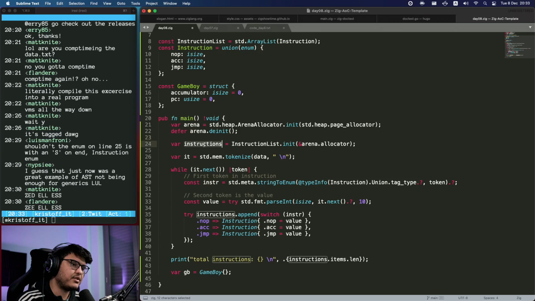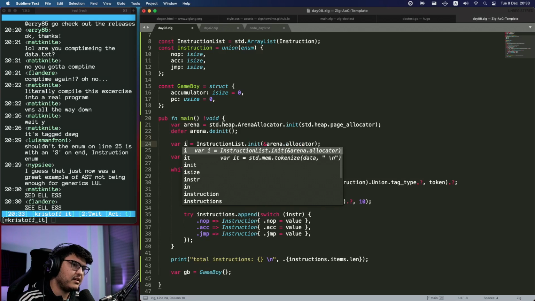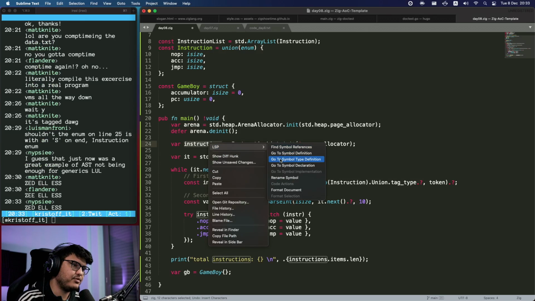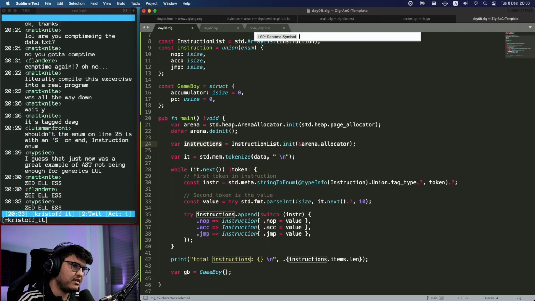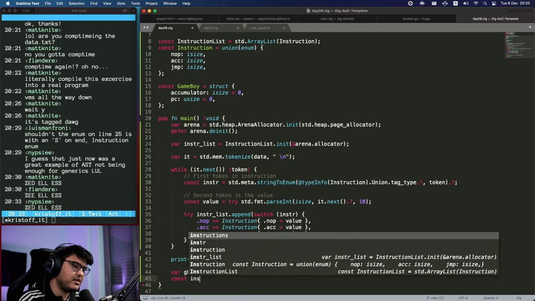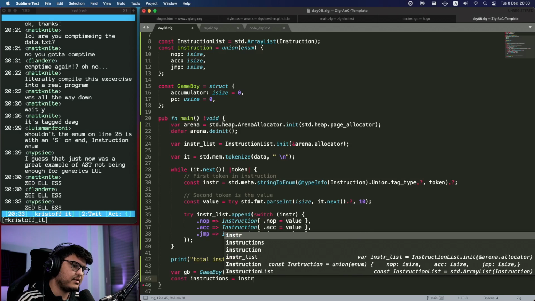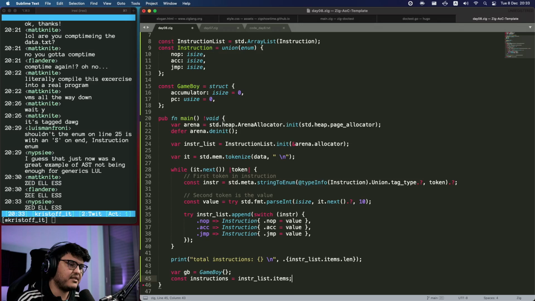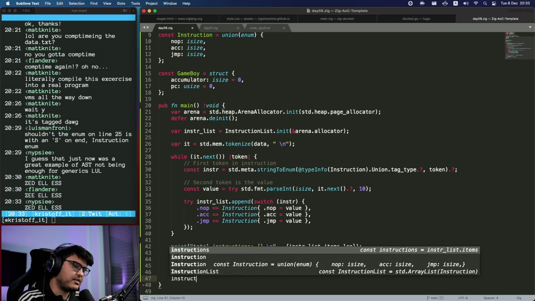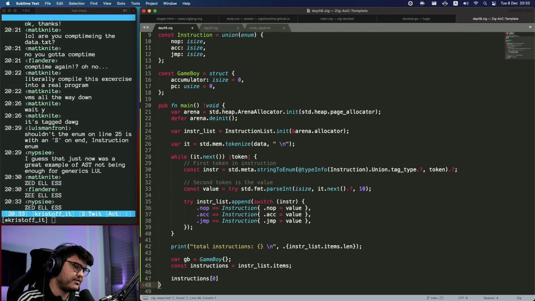So I'll do, these instructions, it's an array list. So let's call it inst list. Let's rename this to, actually, no, wait. I want to rename this, but LSP, do your work, rename symbol, inst list. Thank you. So now what we want to do is const instructions equals inst list instruction list dot items. This gives me a slice. So next, what I'm going to do, I guess, is instructions 0, the first instruction, dot